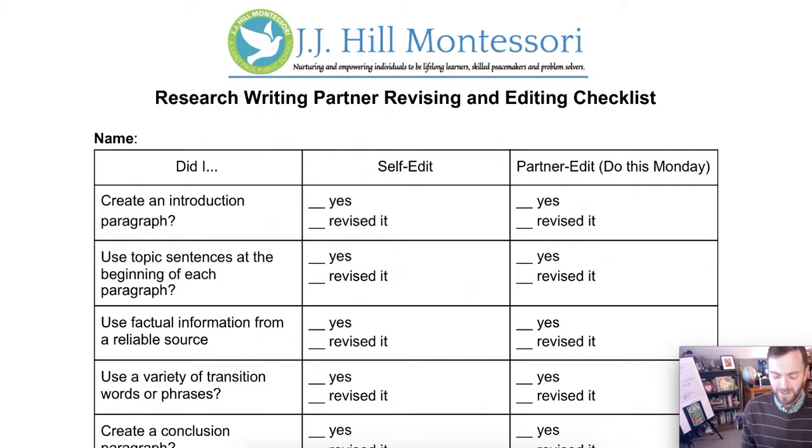Welcome, class. Today we are going to do some self-editing. So we've written a rough draft of our research, and we're ready to begin editing it ourselves. We're going to do two things today. The first thing we're going to do is read through our writing out loud. Oftentimes, reading out loud is the best way to find mistakes or to discover things that you want to add